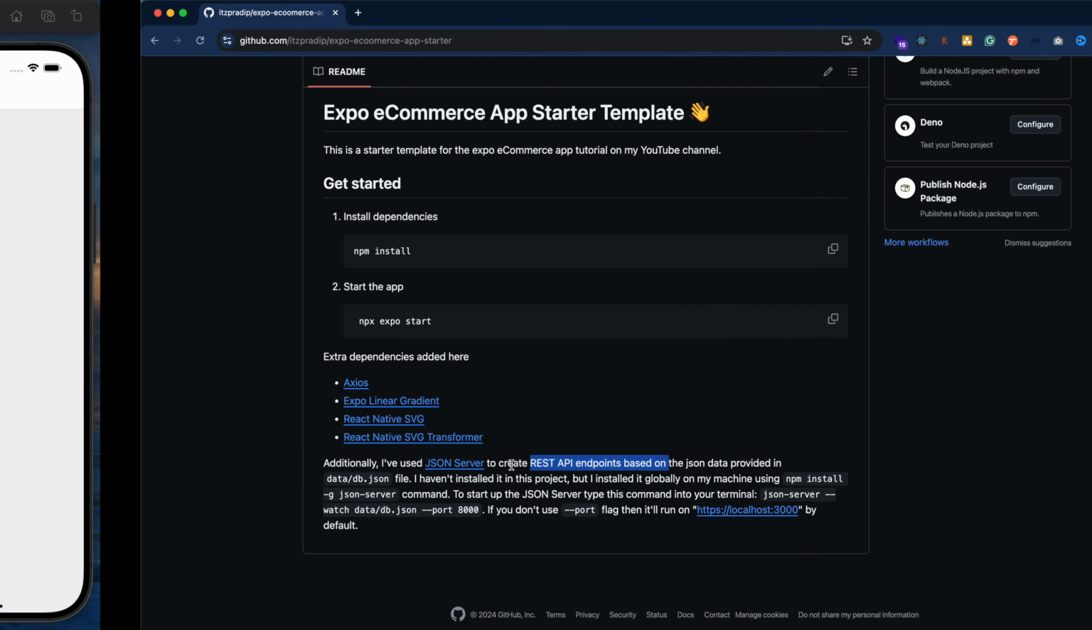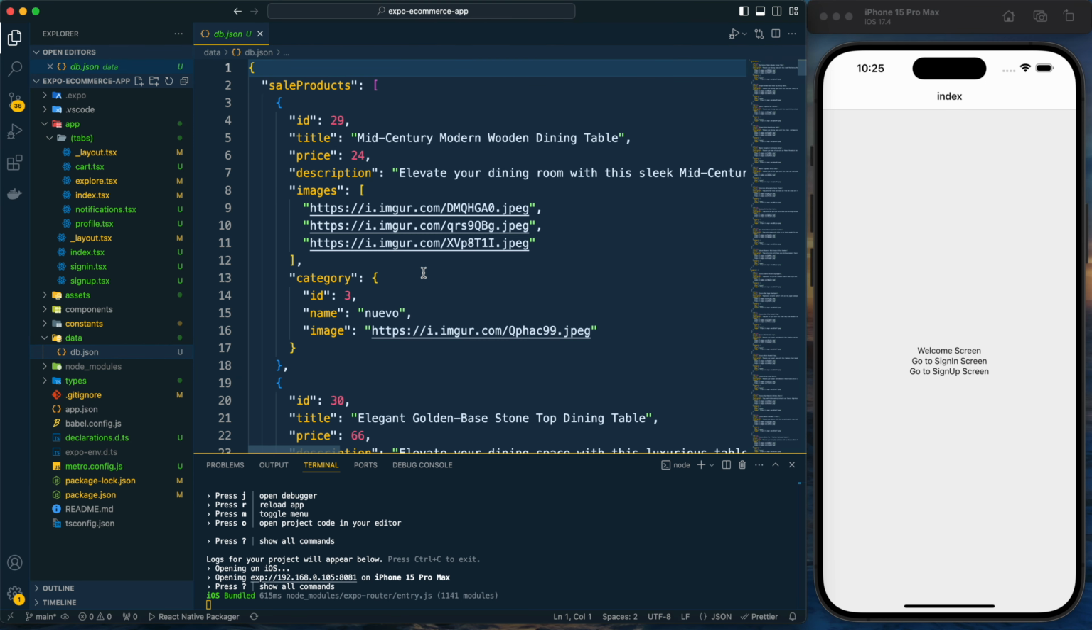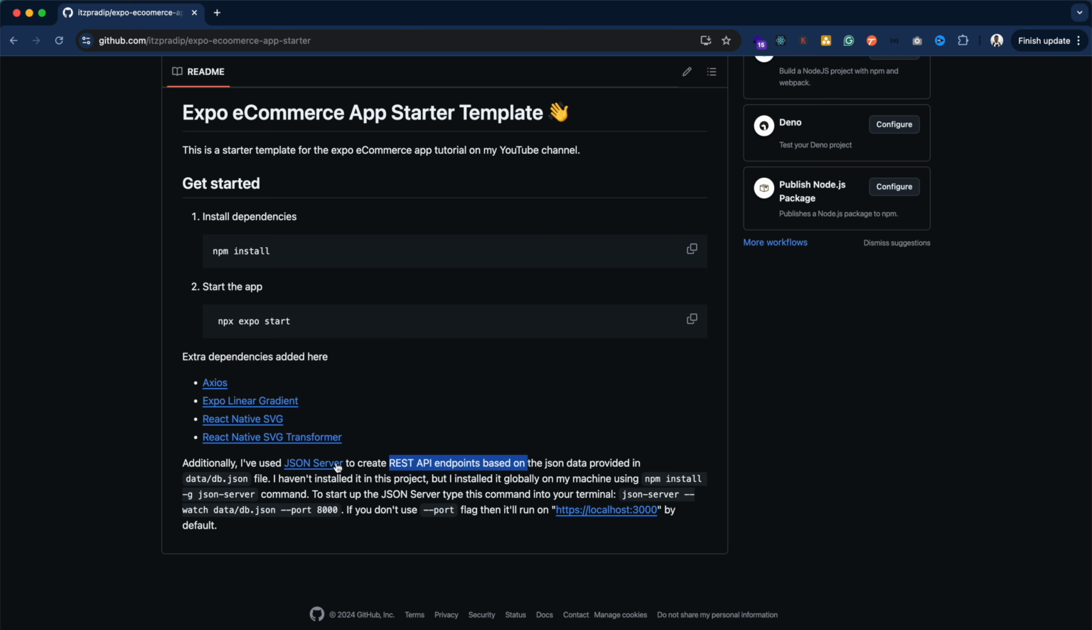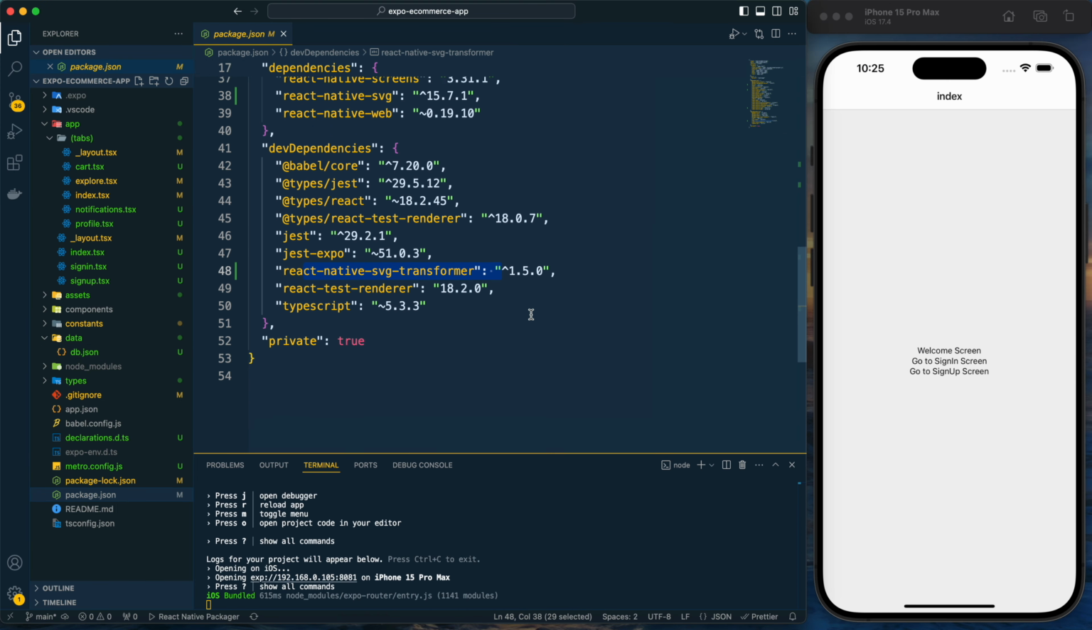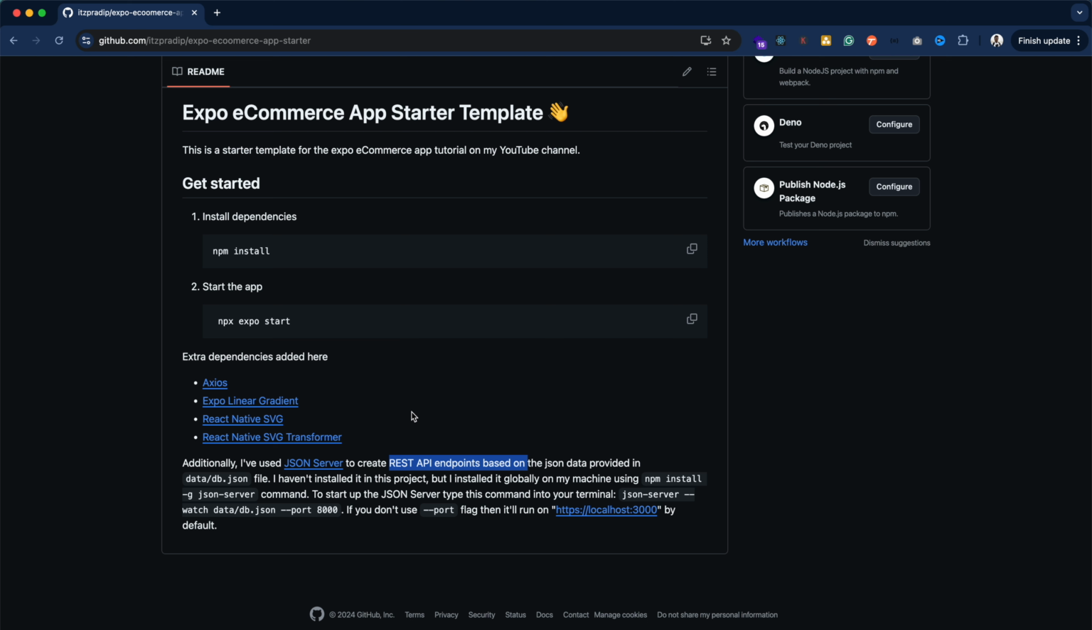API endpoint. So whatever data we will present on the app, the products, categories and all, those are coming from this JSON file, and from this JSON file I can create a local REST API endpoint by using this JSON server package. So I have installed it, and I have mentioned here that I haven't installed it in this project. So in the package.json you cannot see it, but I have installed it on my machine globally by using this command, and then by using this command we can run the